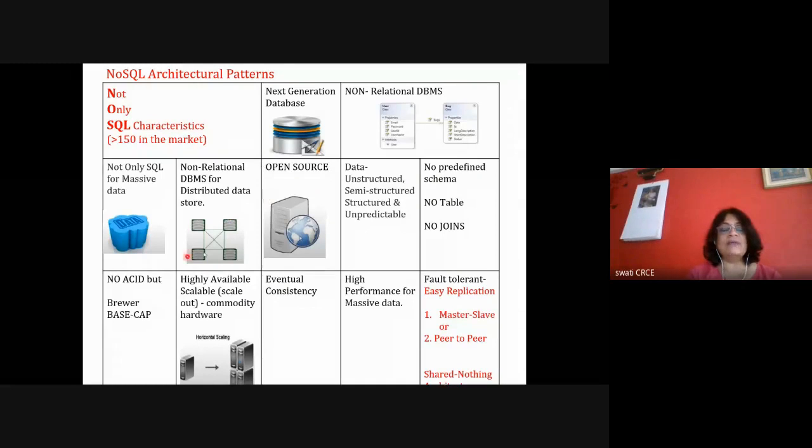In case of NoSQL, horizontal scaling is used. Horizontal scaling means you are going to add new machines. If the data size increases, add an extra machine, and that extra machine is going to share the load of the system. Okay, it is going to help you in storing the data as well as processing the data. So it is horizontal scaling. We call it a scale-out kind of architecture with commodity hardware, which is cheap also.